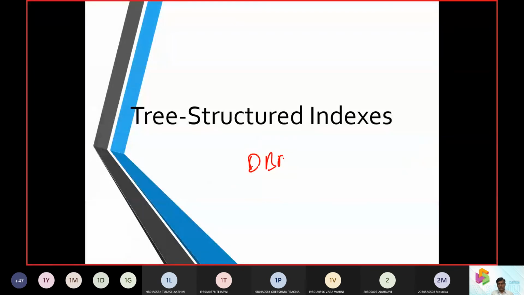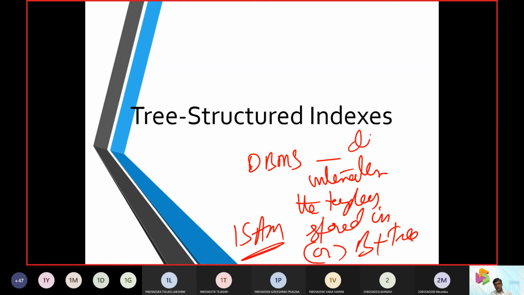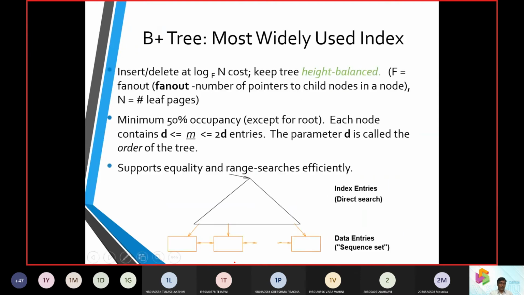Internally, the database management system stores the tuples in a B plus tree or in an index ISAM. The databases internally store the tuples in the form of a B plus tree or in the form of ISAM. So we talked about B plus trees here.